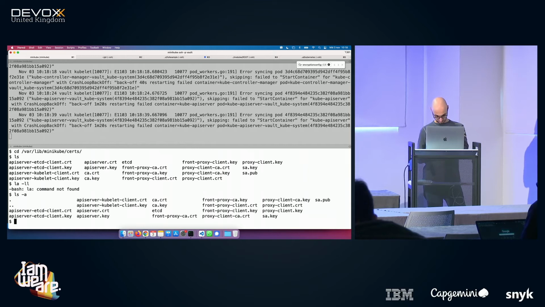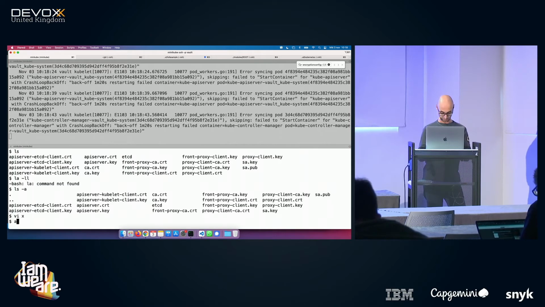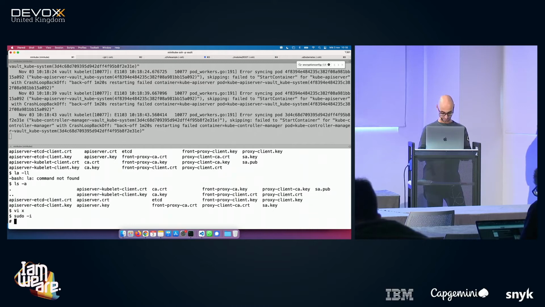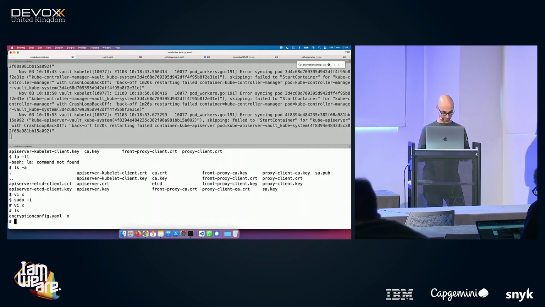Front proxy. It's curious, so I can do whatever I want. No, now I do not have permissions. And if I do sudo, yeah, I can do that. But in any case, because it's in the,